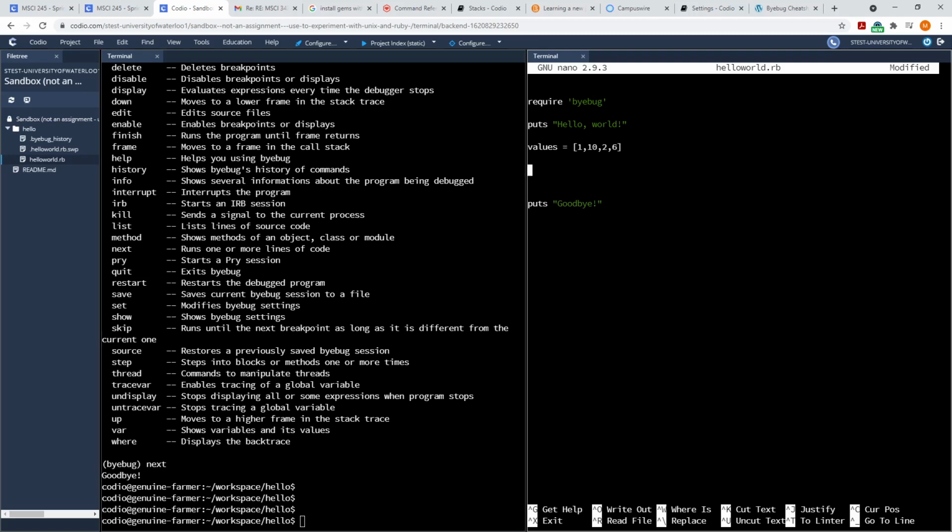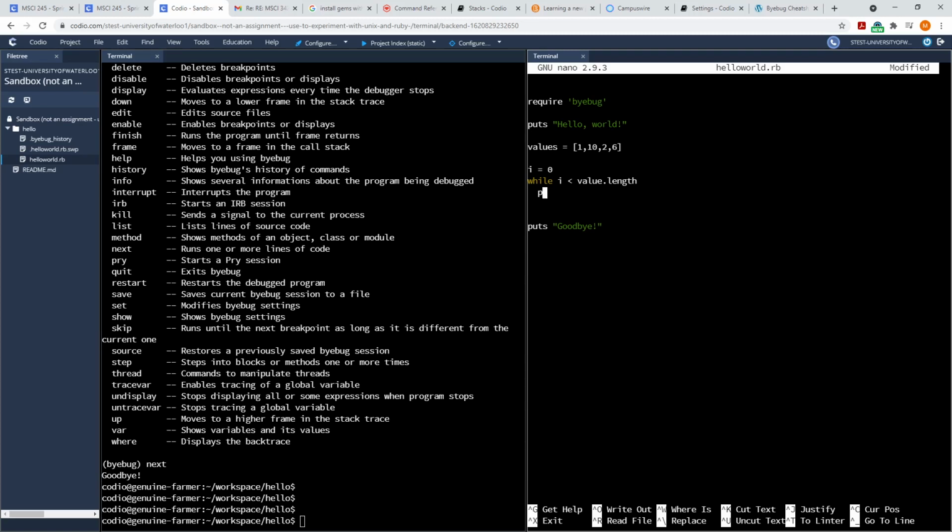Okay, and then I want to go through and output those. So I could write a while loop, I is 0, while I is less than values dot length,